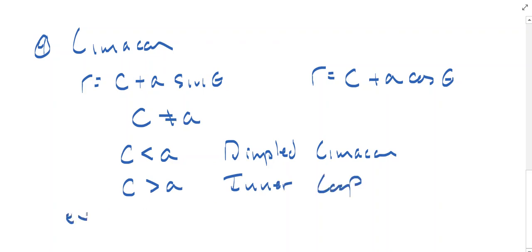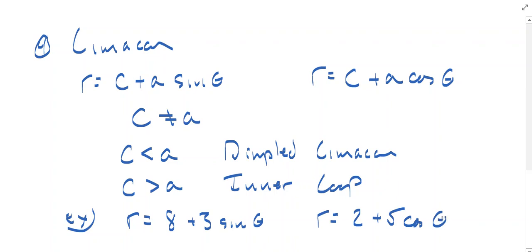So some examples would be r equals 8 plus 3 sine theta, and r equals 2 plus 5 cosine theta. Now, the function with sine, because the c value is greater than the a value, would have an inner loop. Over here with the cosine function, because the c value is less than the a value, we will have a dimpled limaçon. So let's take a look at those